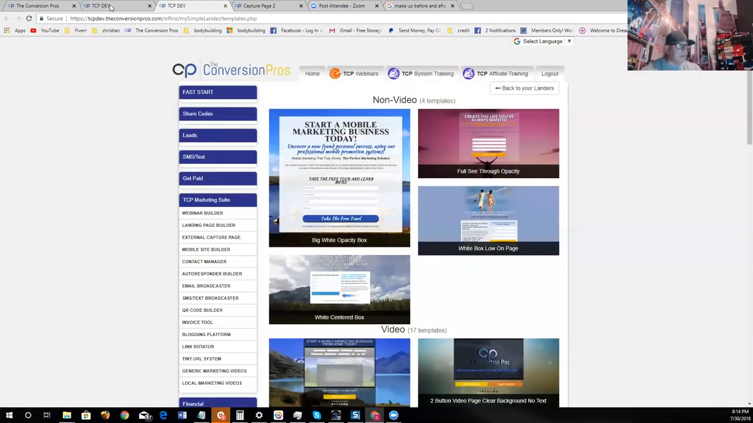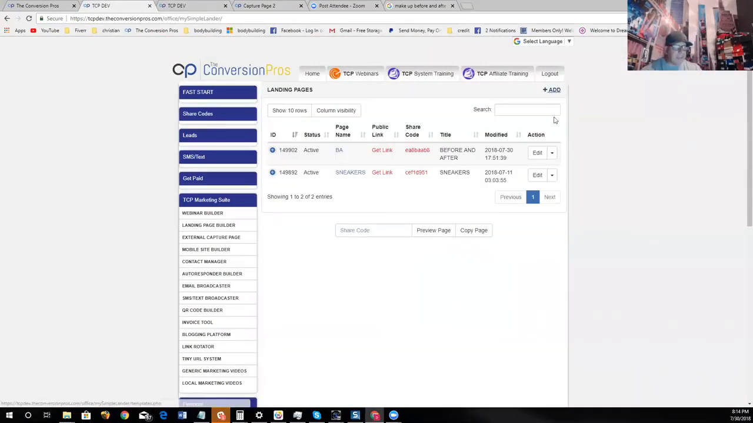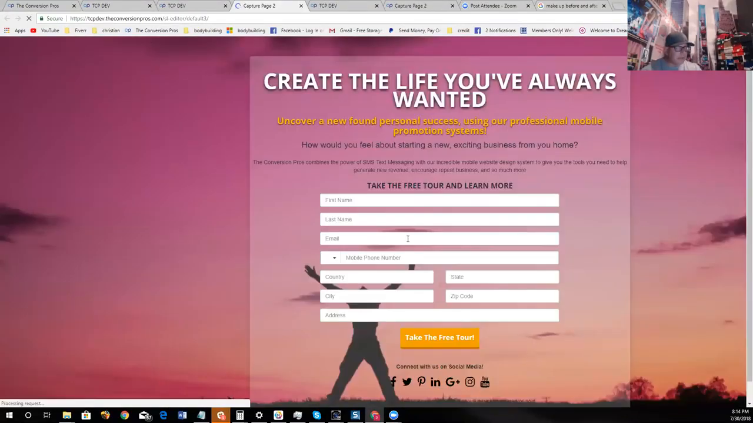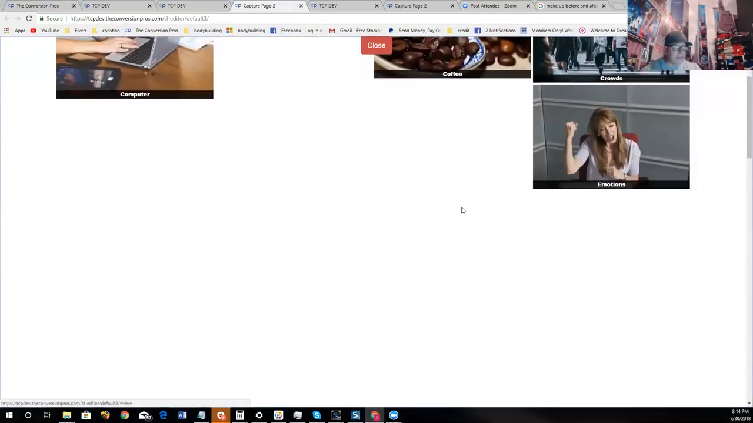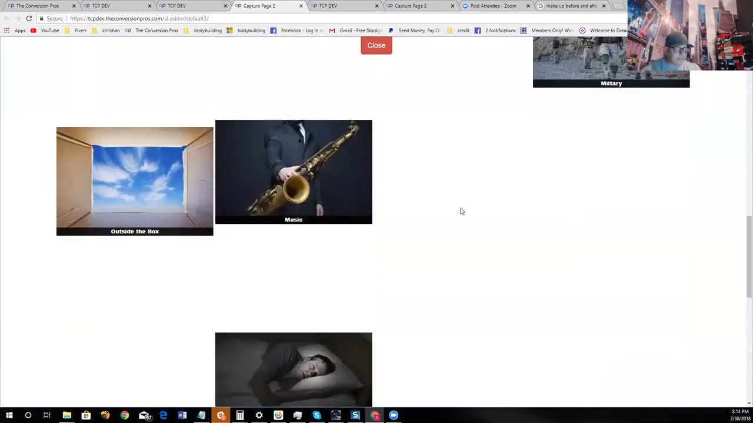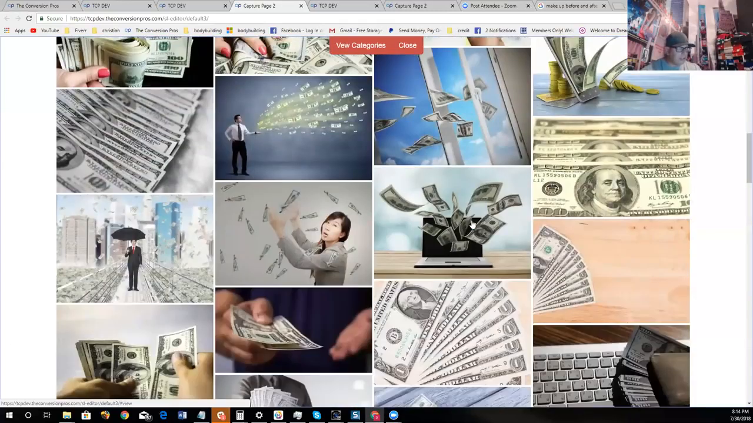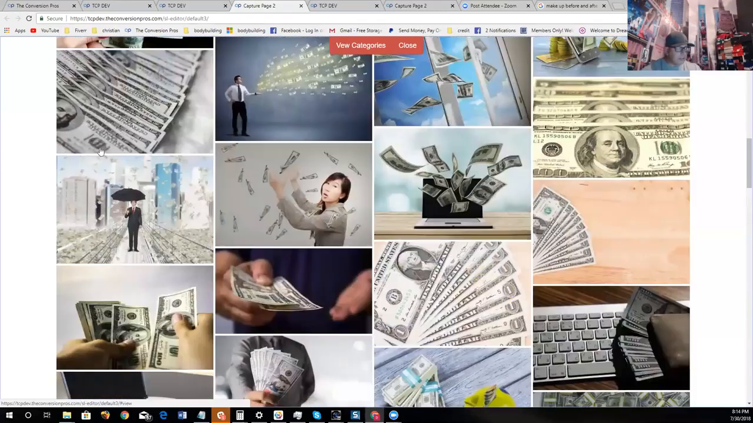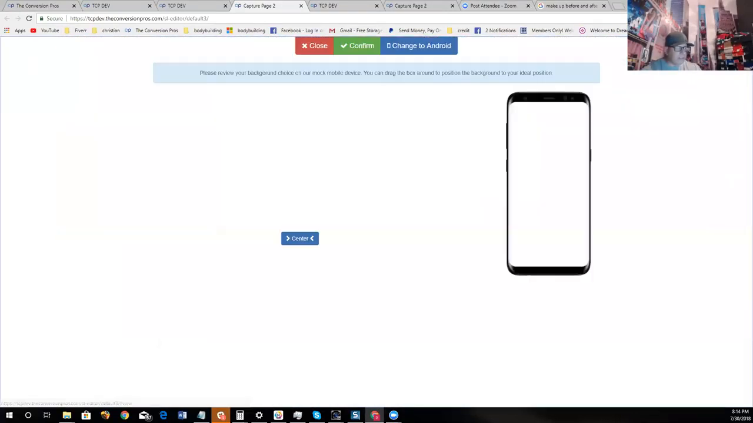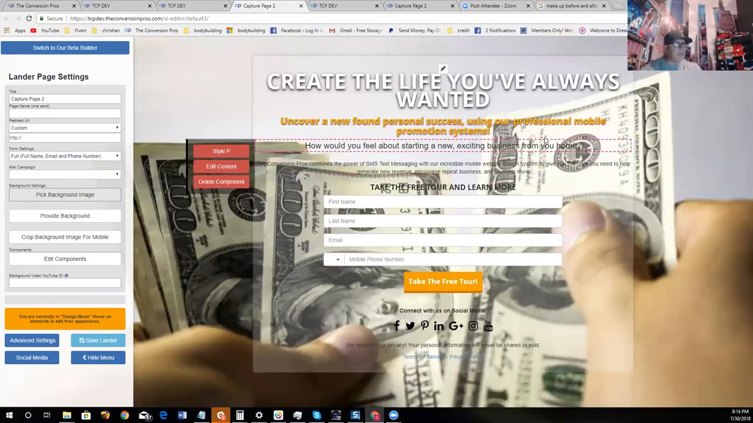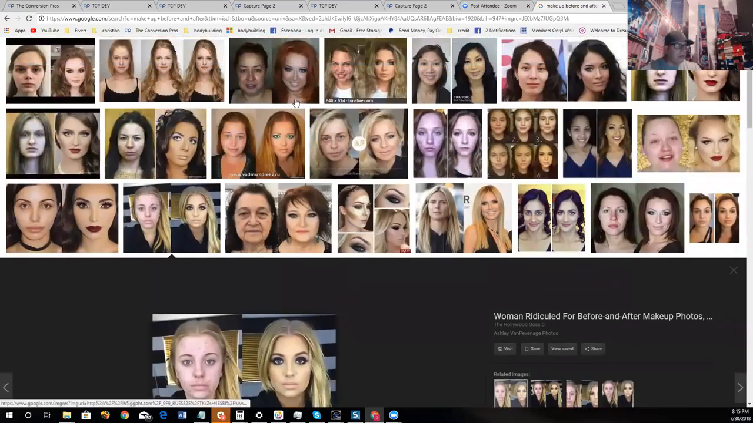Okay, so now what I'm going to do is I'm going to go back to the development here. I'm going to click add, click on this, and then I'm going to pick background. I'm going to go into some money here. So grab a money page. I don't know, this one feels good. All right, I like that. Confirm. All right. So then what I want to do is I'm going to go and I'm going to type,